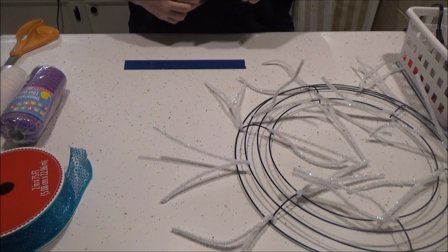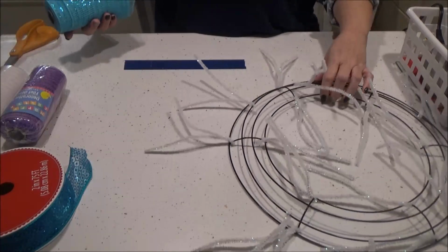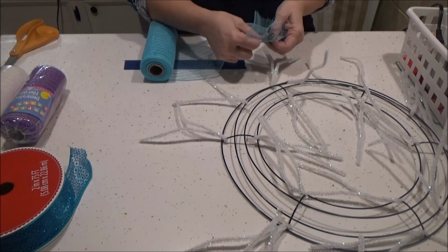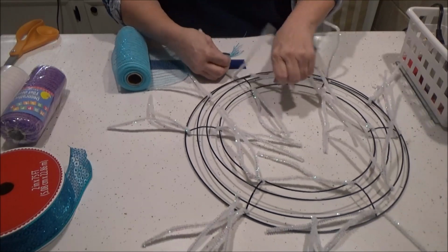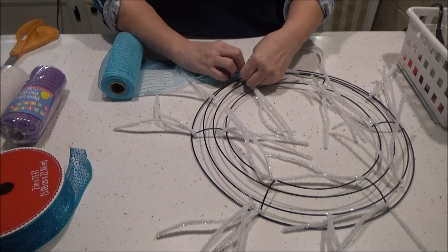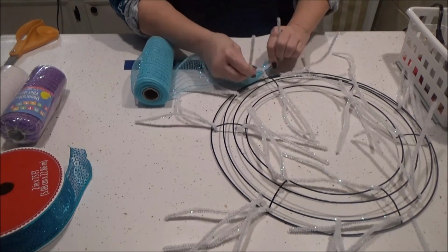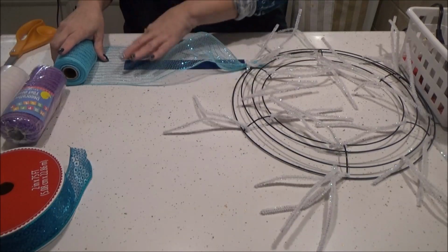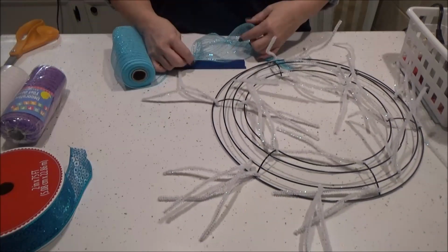So we're going to open up our mesh. And we're just going to pick a spot on the bottom row. We're going to take our mesh and gather it up. And then we're going to put it in the middle of our twist tie. We're not going to twist it up because we're going to put other things in here. We're just going to twist it over and twist it once. And then May says to take your mesh, measure 10 inches, gather it up, and then we're going to go to the next